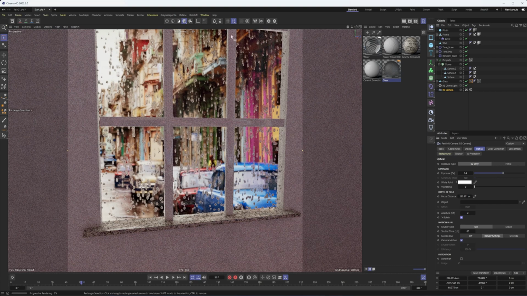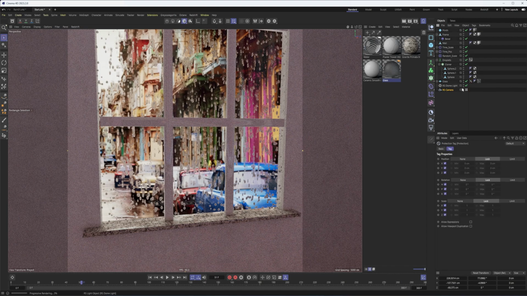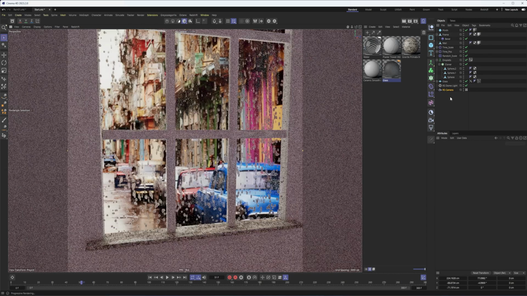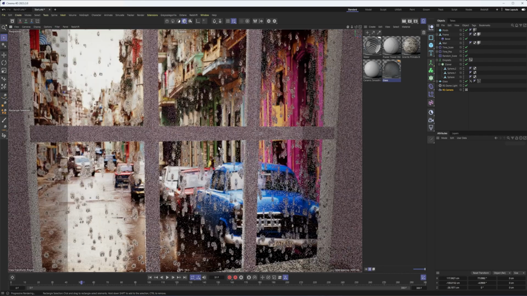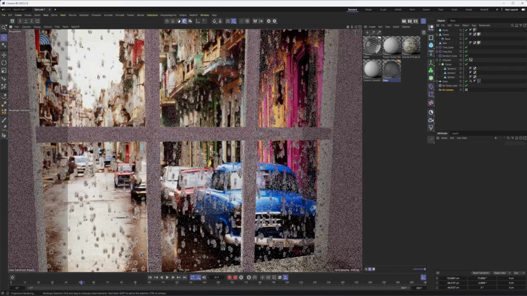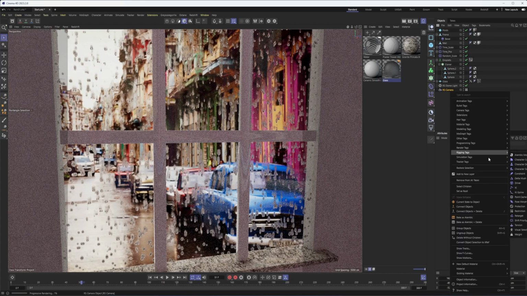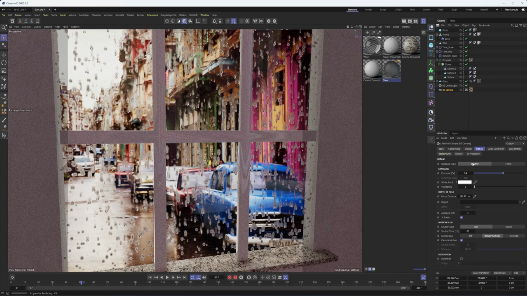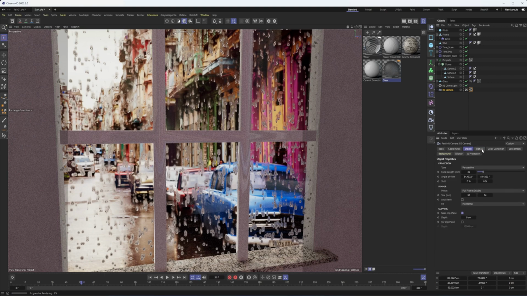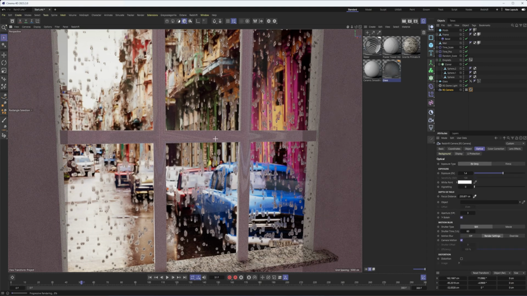Okay, so now we're starting to blur the background a little bit, which is great. Maybe go just a little bit more, because I don't think we're getting too blurry there. Can maybe even push in a little bit. We don't see quite as much of the wall, because that's not fun. Maybe something like that. Back with the protection tag in the camera, the optical section again, double check your focus distance. All right, so that's looking pretty good.